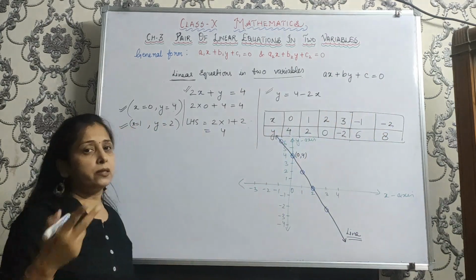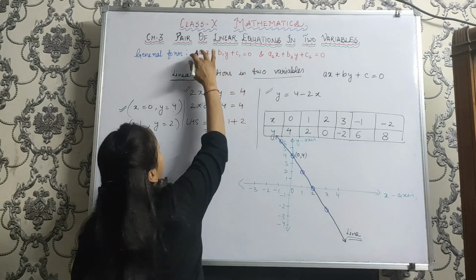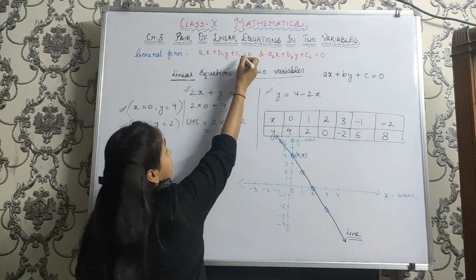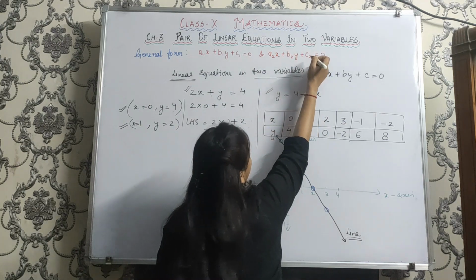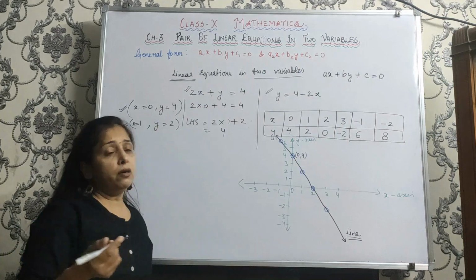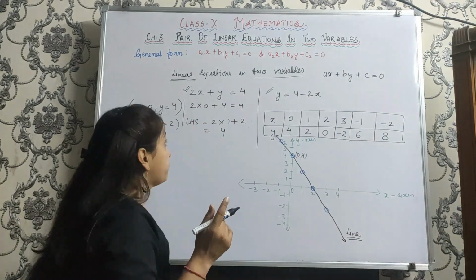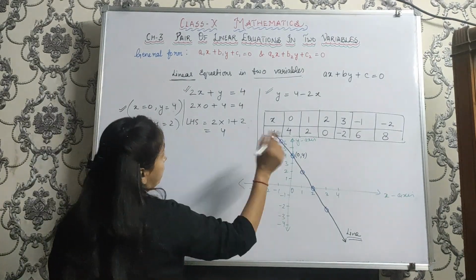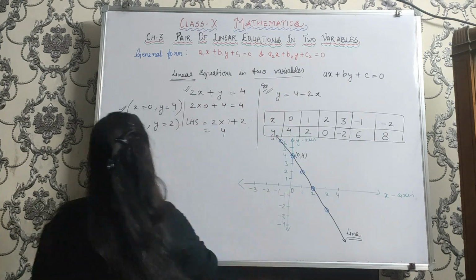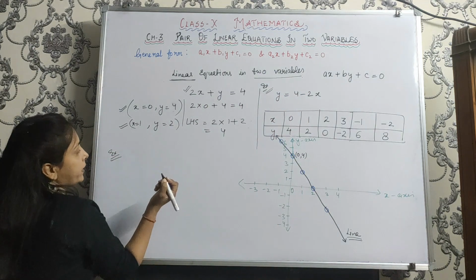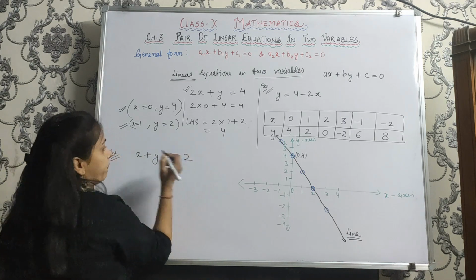Here, because we will deal with a pair, we take the coefficients for the two equations. a1x plus b1y plus c1 is equal to 0. And second equation we are depicting by a2x plus b2y plus c2 is equal to 0, where a1, a2, b1, b2, c1, c2 are real numbers. Clear? So I am extending the same example. Let's take this as one of the equations. Let's take another equation. Let's take simple x plus y is equal to 2.